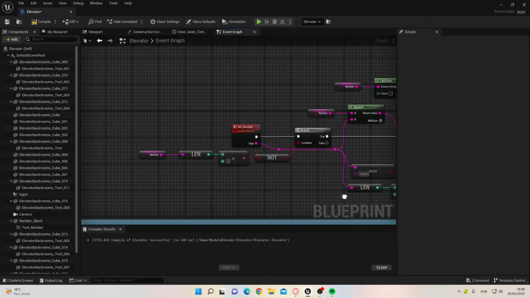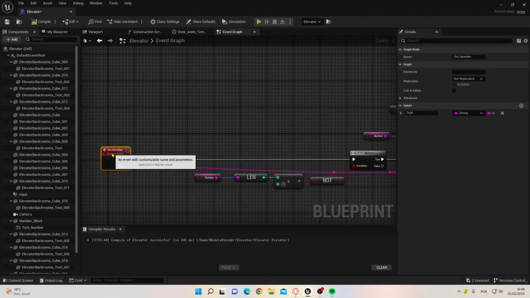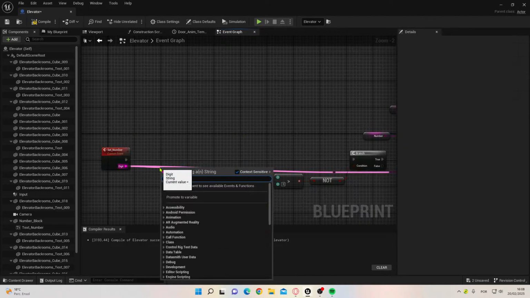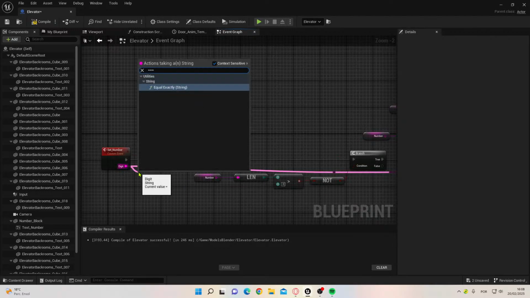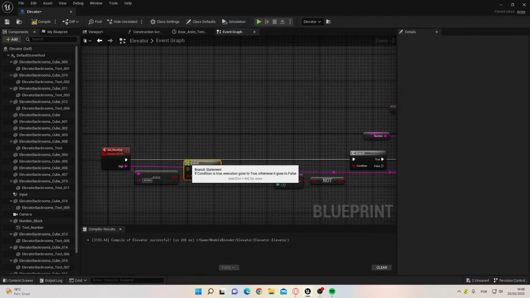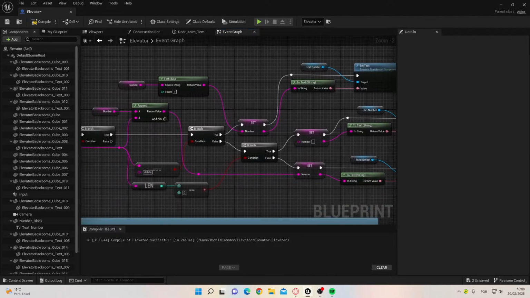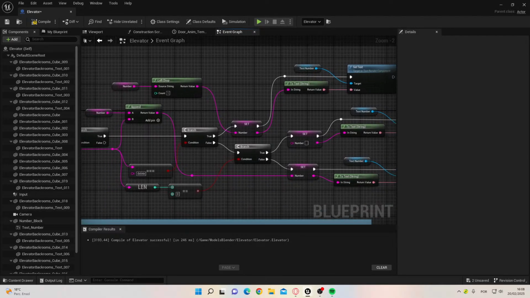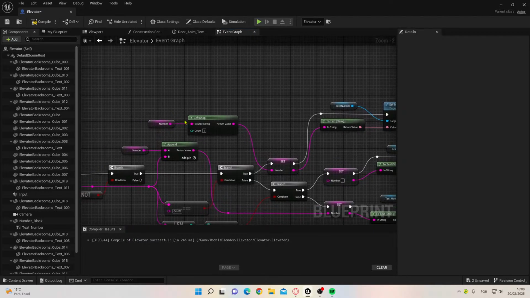So we first want to check if this is equal exactly to delete, and if so we want a branch. If it's false it goes here, but if it's true we want to do what we were doing right there. So we want the left chop,